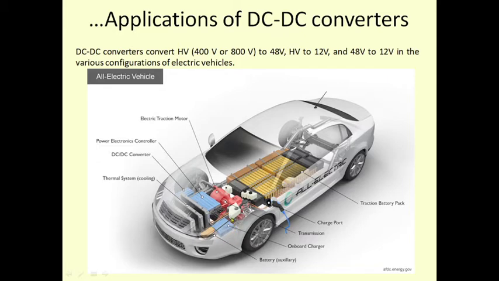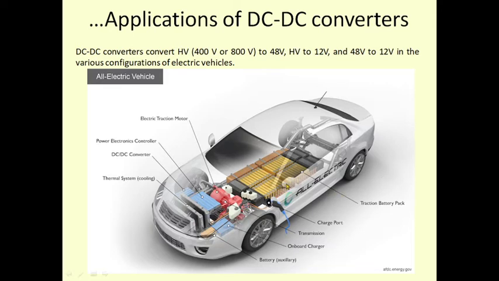Now we have another thing over here. See over here, there is an auxiliary battery. You see over here, this is an auxiliary battery. This battery is of lower voltage, but there is an interconnection between this battery and this pack. Sometimes we need to charge this battery through this, and sometimes we need certain energy from this battery back to this battery pack. So in that case, because this is a 12 volt battery and this is a 400 volt battery pack, we need a DC to DC converter, right? So this is one of the systems.